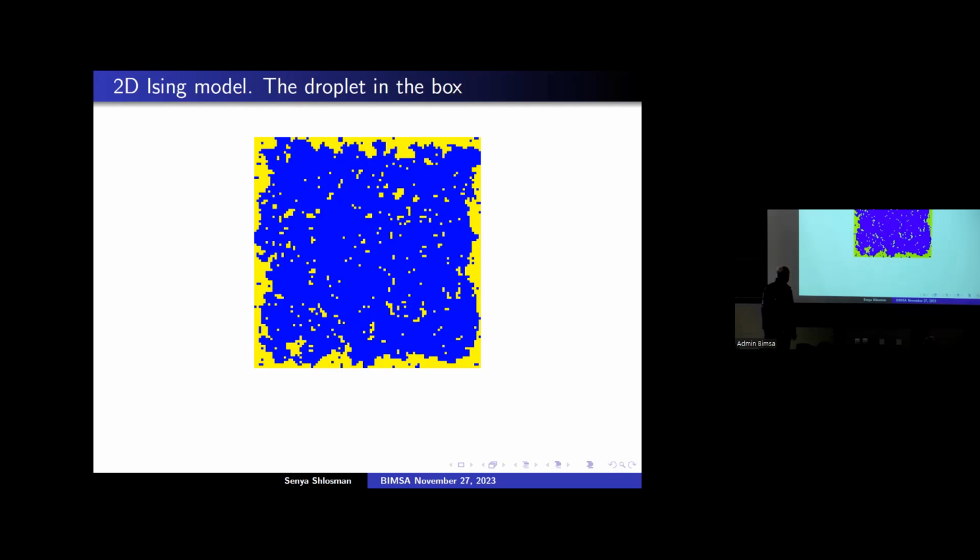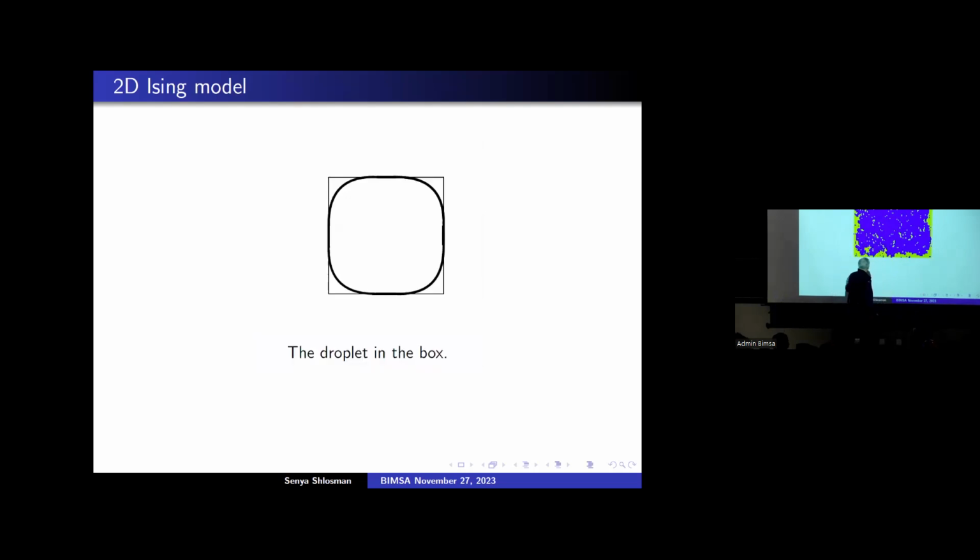Yeah. Right. And see here I have minus boundary condition, those are yellow, and I have a small positive magnetic field, and it forces a droplet inside. But because the field is very small, the corners here actually are not affected by this plug of magnetic field. So you still have some macroscopic region of minuses here, but the bulk, the asymptotic shape of this, is this one. So here is minus boundary condition, here is minus phase, and here is simply plus phase.